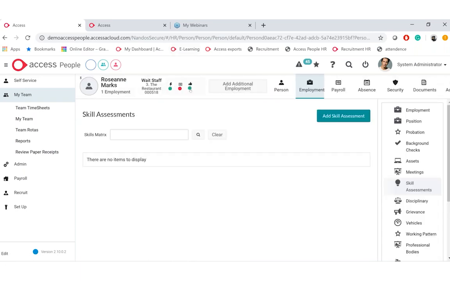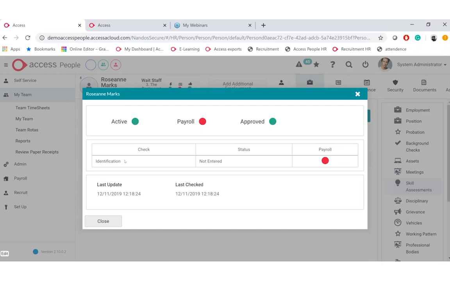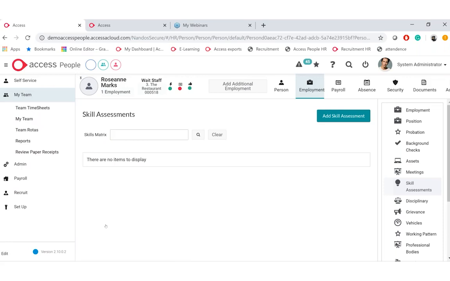If I go up to the top here, I can see my traffic light system is showing red. And I can see also here that my payroll information is missing, and this needs to be addressed. How many individuals or employees have started and they've missed their bank details? Well, we have a clear way of identifying that and ensuring that information is on the system.